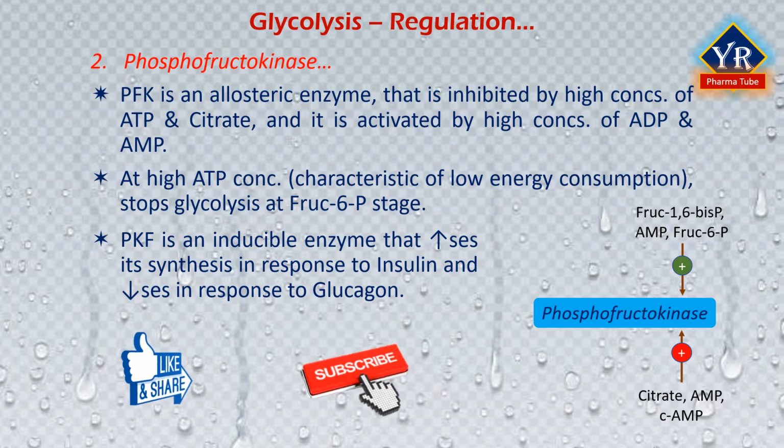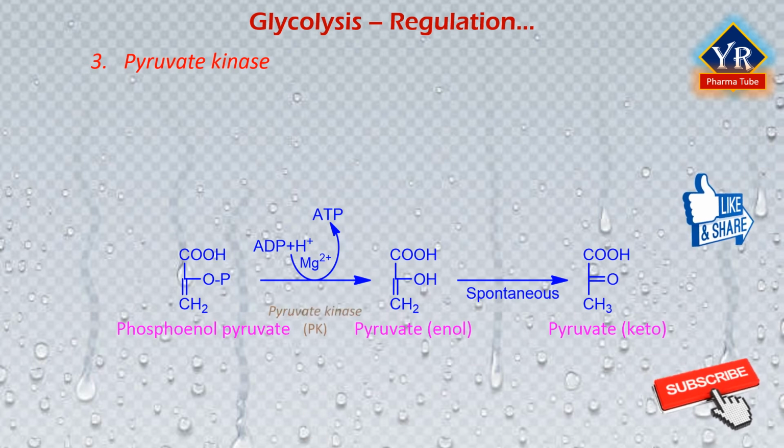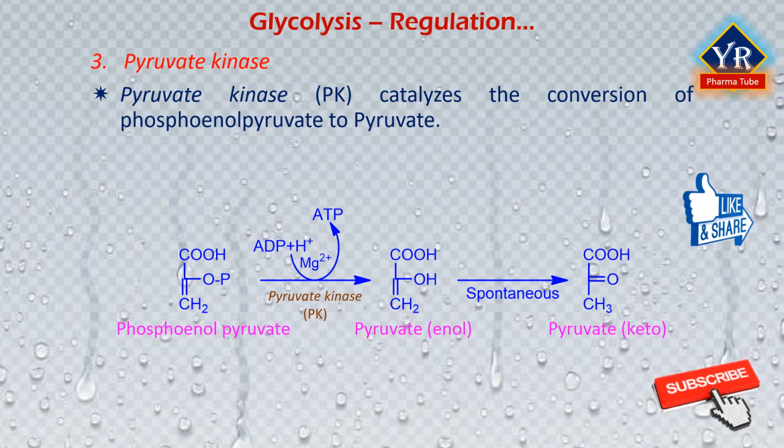Phosphofructokinase is an inducible enzyme that increases its synthesis in response to insulin and decreases in response to glucagon. Pyruvate kinase. The third regulatory point is the last step, that is step 10 of glycolysis, that is the conversion of phosphoenol pyruvate to pyruvate. This reaction is catalyzed by the enzyme pyruvate kinase, which is an irreversible step, and thus it is a regulatory